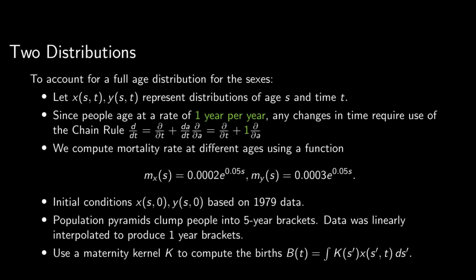This data came in 5-year age brackets, so we linearly interpolated it to get 1-year age classes. To compute the births, we first define a maternity kernel K(s), which gives birth rates by female age. Then, total birth rates at time t are computed as an integral, summing up all the women who give birth